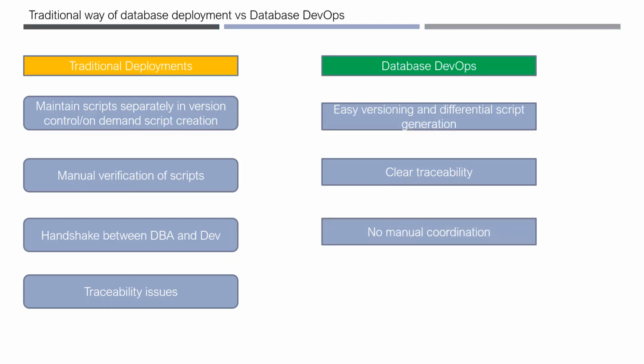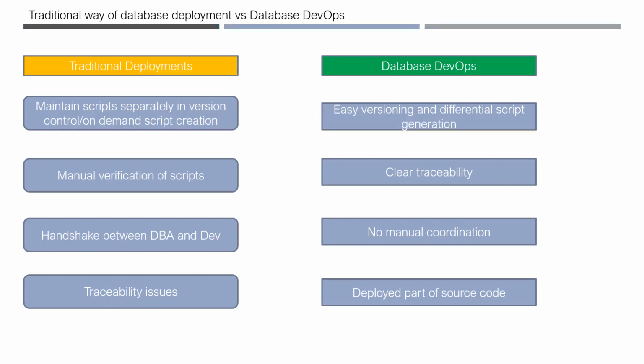No manual coordination. The way we have done the automated builds so far, there is no manual intervention required, right? Everything is automated. Here also, everything is automated. Once the database developer finishes the table creation or procedure creation, it is already available in source. From there, you will plug that into your CI pipeline and then the CD pipeline.